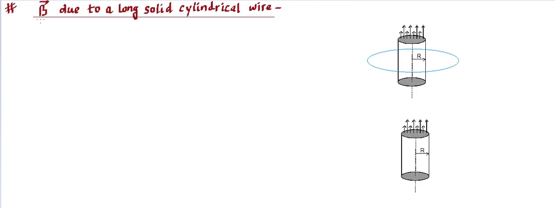Next application of Ampere's law, or you can say finding the magnetic field, is for a long cylindrical wire. So it says magnetic field due to a long cylindrical wire that has a current. Let's say this is a current carrying solid cylinder, so the current will be coming from inside as well as on the periphery, and let's say this current density is denoted by J. So J is the current density, and this is the point P at which we are interested in finding the magnetic field, and this point P has a radius, so we can call this radius small r.